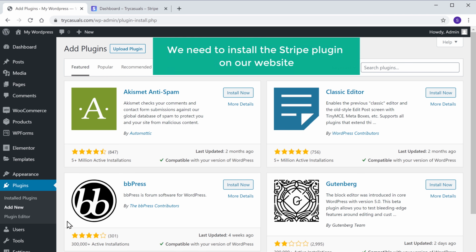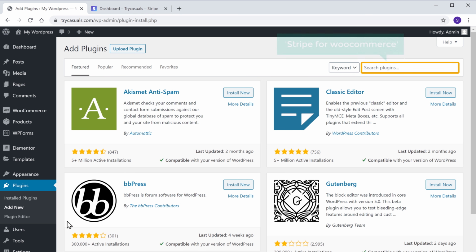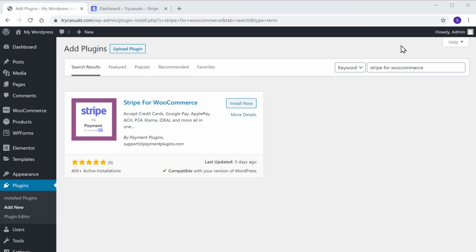And now we need to install the Stripe plugin on our website. So just search for a plugin called Stripe for WooCommerce. And you will get this plugin. Now to install it, just click Install and click Activate.